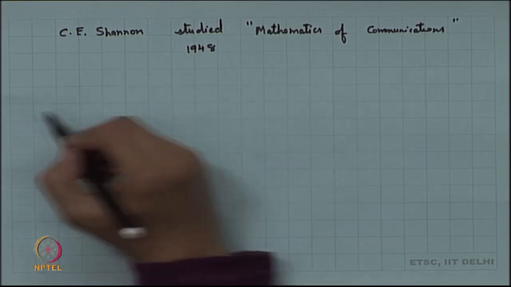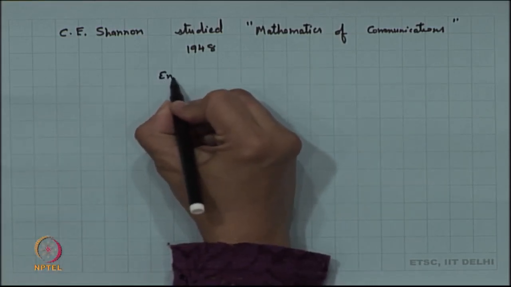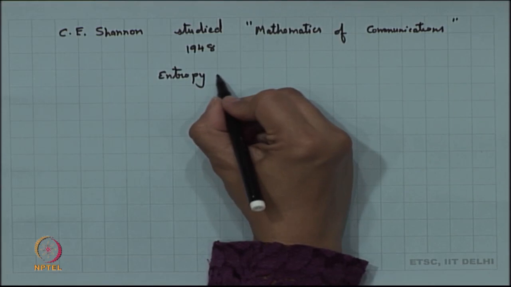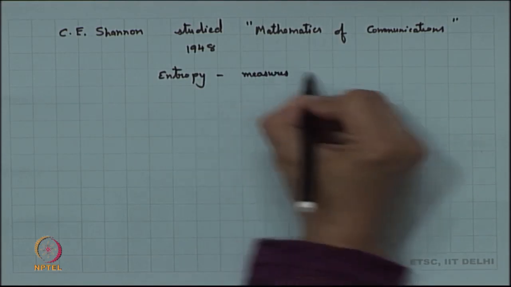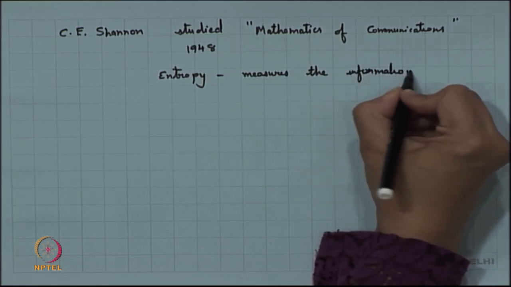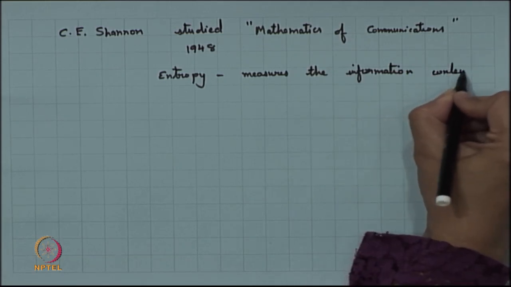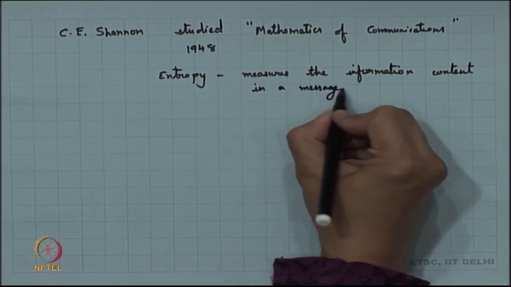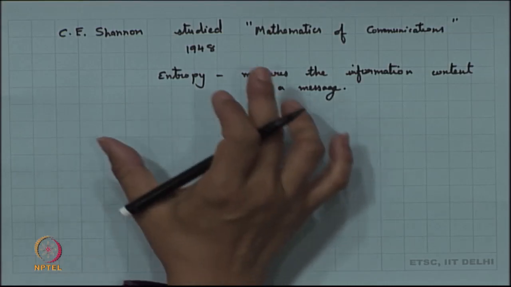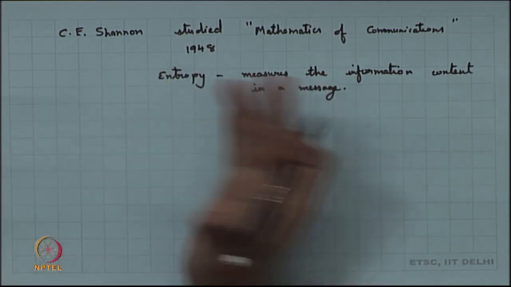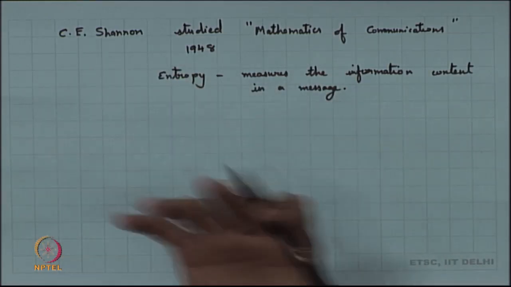So, he gave this measure, he called this measure entropy. So, this is the birth of entropy. He called this measure entropy, which measures the information content in a message. Now, inspired from this concept of measure of information, which Shannon had used for looking into the mathematical theory of communication,